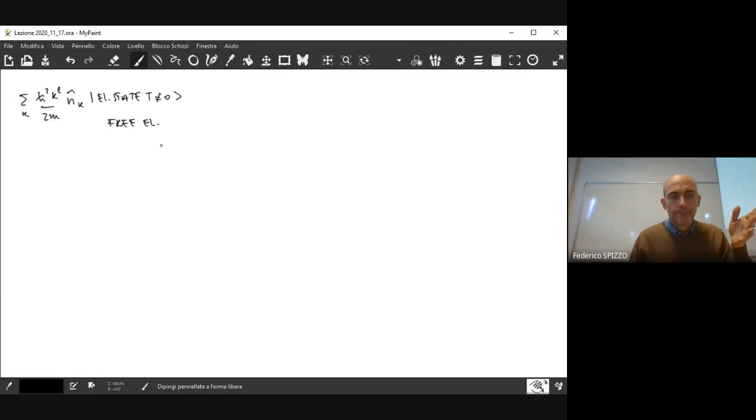So at this point, I may not just apply a cutoff to the summation and say only the wave vectors up to kF contribute to the summation. So in principle, this transforms to a sum over k where there is no upper boundary on k